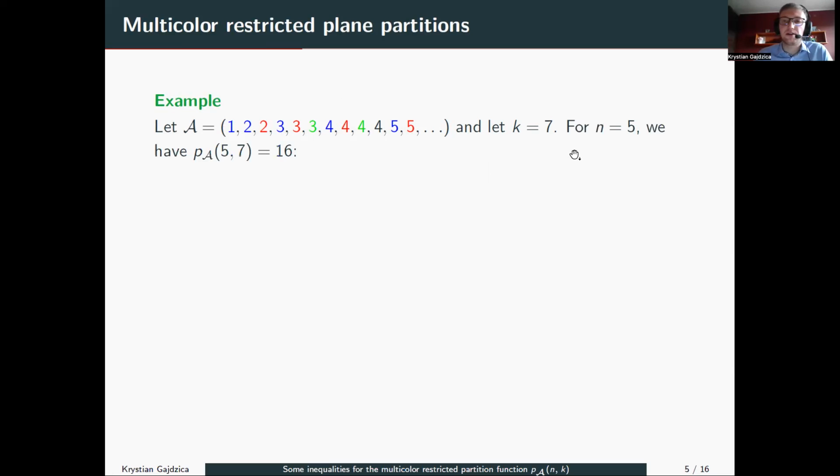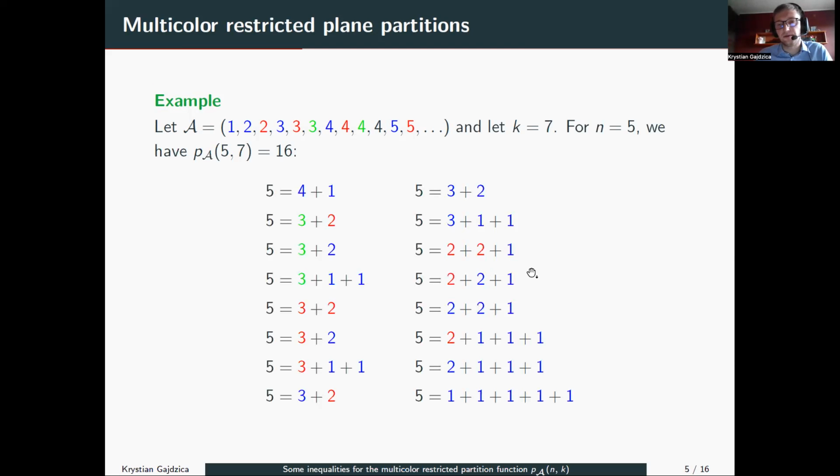So this is the multiset. And in particular, if n equals 5, then the value of the multicolor restricted partition function in this case equals 16, because we have the following possibilities. The theorem I was able to